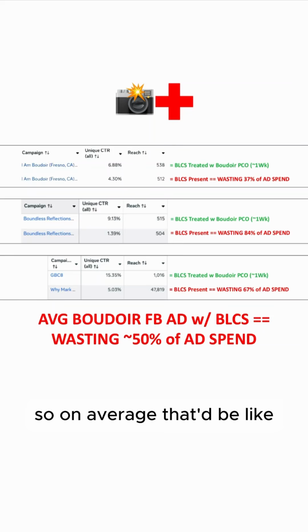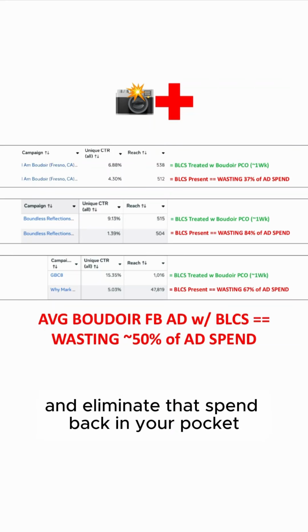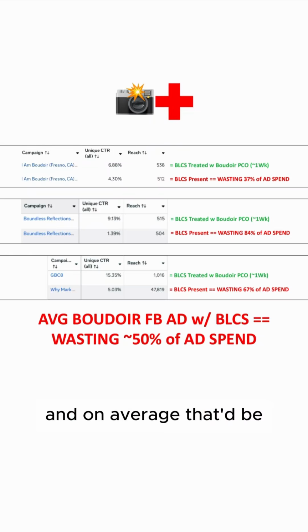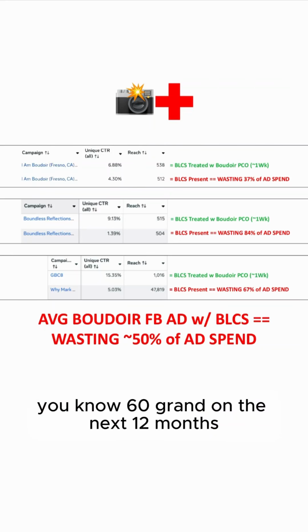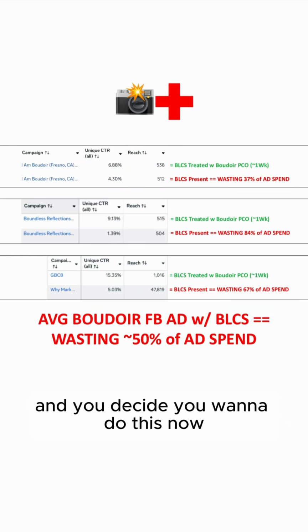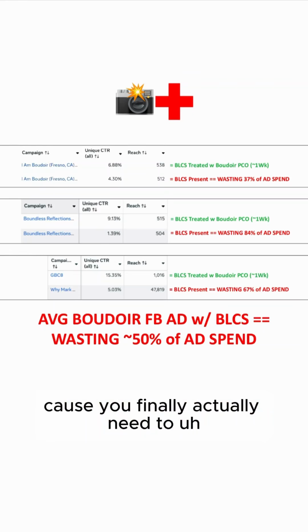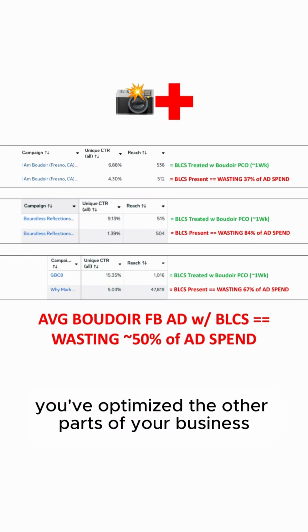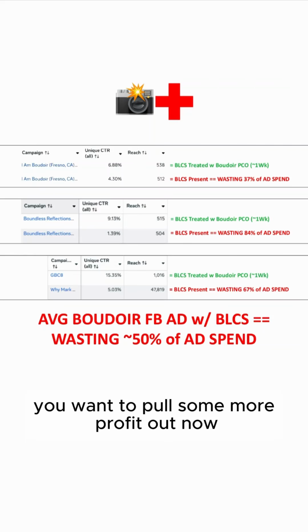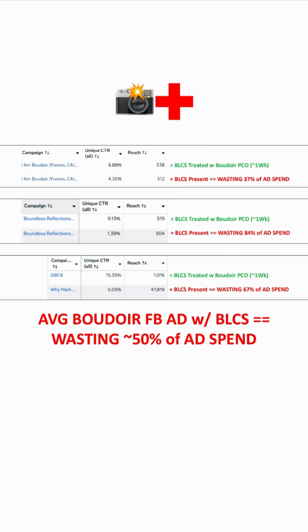So on average, that'd be like 5K a month in eliminated ad spend back in your pocket, and on average that'd be 60 grand in the next 12 months. And you decide you want to do this now because you've optimized the other parts of your business and you want to pull some more profit out now, then shoot me a DM